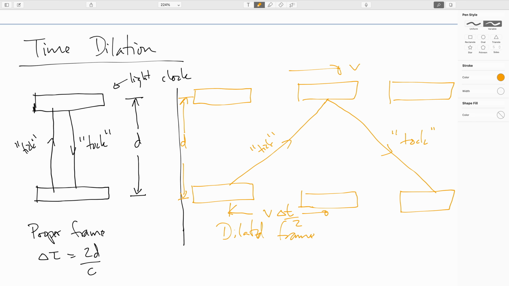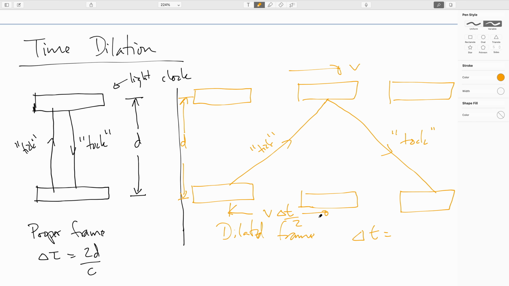Because here I'm going to say that the time elapsed, delta t, in this dilated frame is going to be equal to 2 times this distance here over c. So we need to figure out what that distance is. This light is traveling at the speed of light. The time it took was,